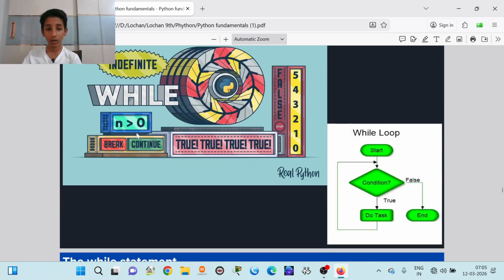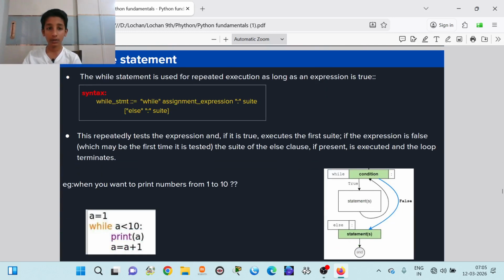So there is the indefinite while loop, and the while statement. The while statement is used for repeated execution as long as an expression is true. The syntax is while_stmt: while expression: suite. It repeatedly tests the expression, and if it is true, it executes the first suite. If the expression is false, which may be the first time it is tested, the suite of the else clause, if present, is executed,